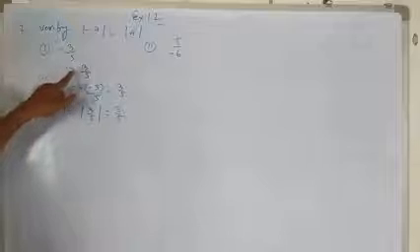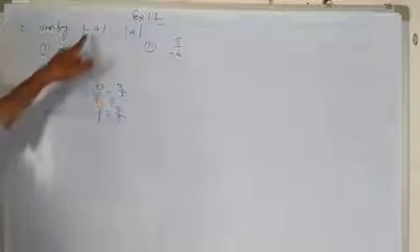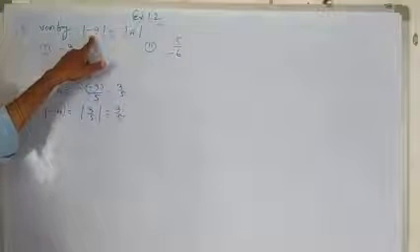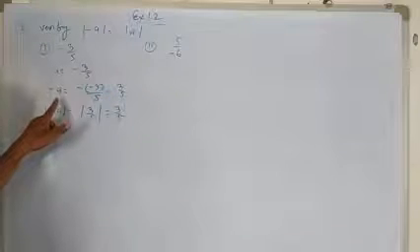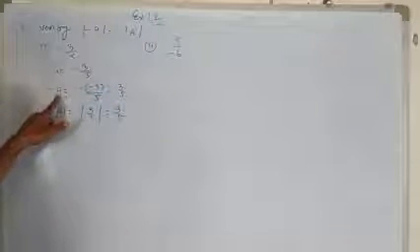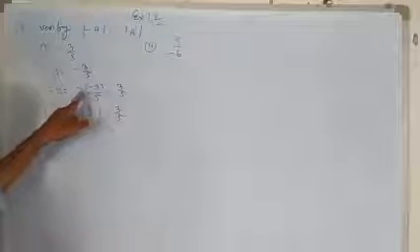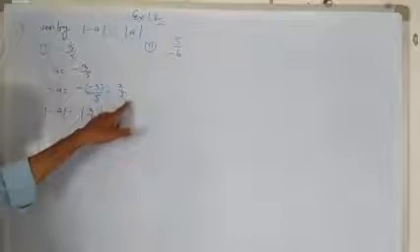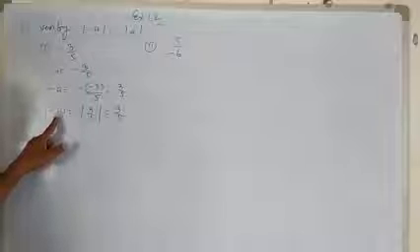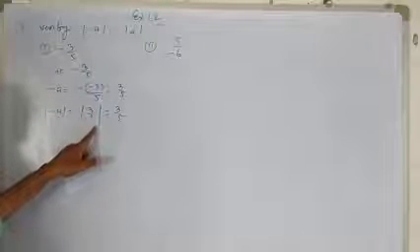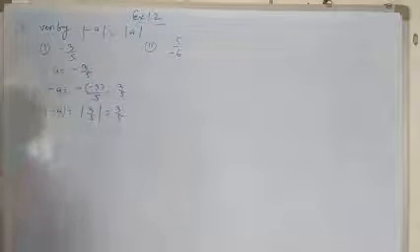Here a is equal to minus 3 upon 5. In the LHS, mode of minus a. So minus a is equal to minus, given that minus 3 upon 5, minus minus plus is equal to 3 upon 5. Again we write the mode of minus a is equal to 3 upon 5.